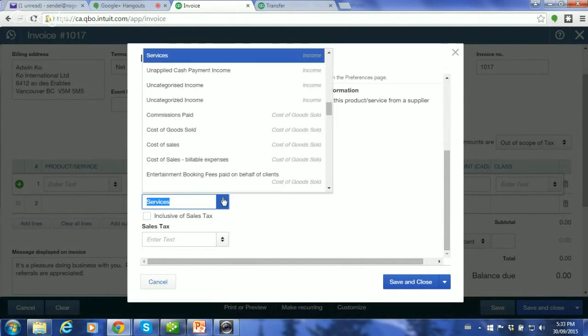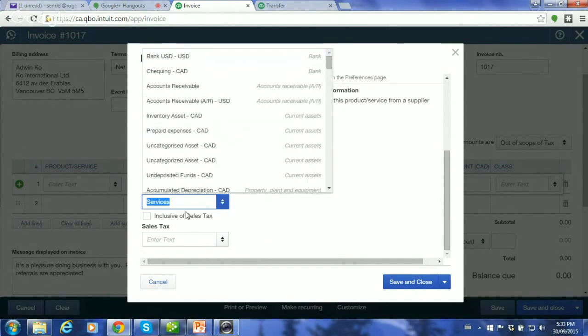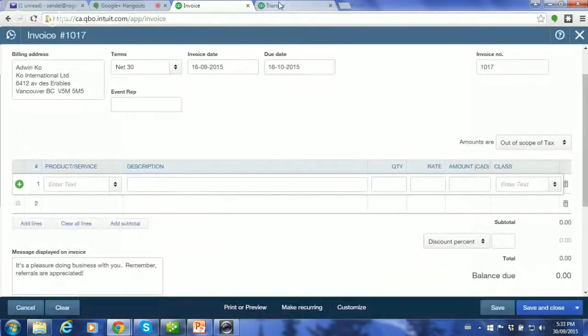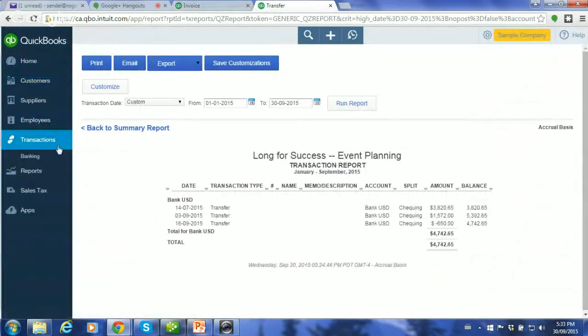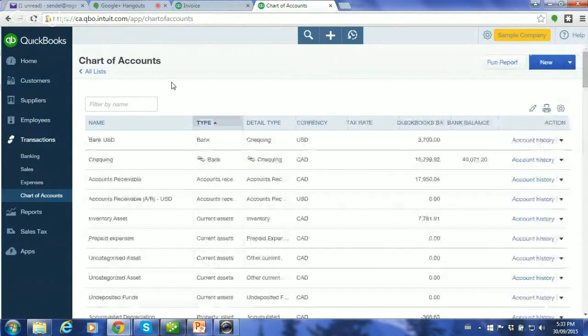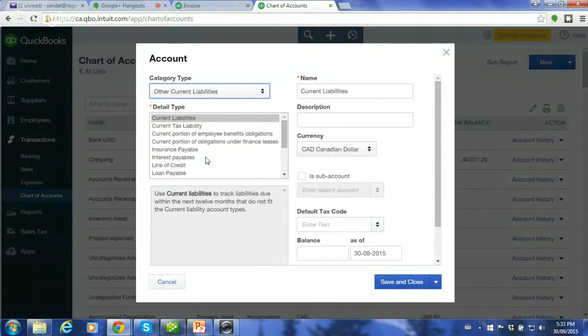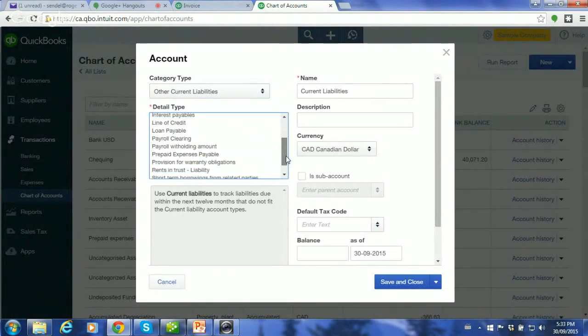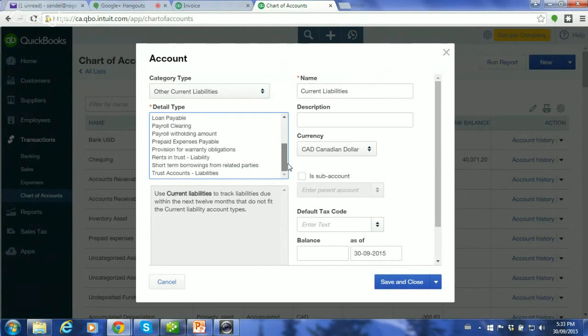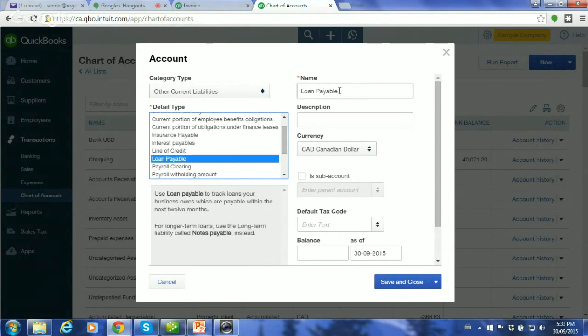I used to be able to. No, they're going to make me go back. Okay. Another reason to have multiple tiles in. So we're going to go over to chart of accounts over here because we need to add customer deposits. So we're going to say new, other liabilities, other current liabilities. Do we have one there for customer deposits? Well, trust accounts, sort of. Well, we'll call it a loan payable. And this is going to be customer deposits. Customer deposits, save and close.